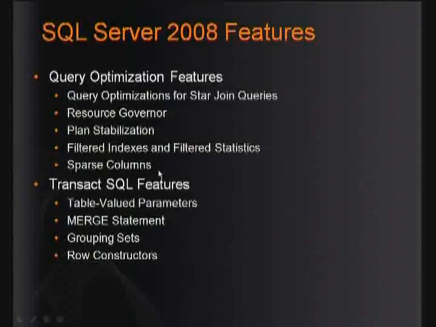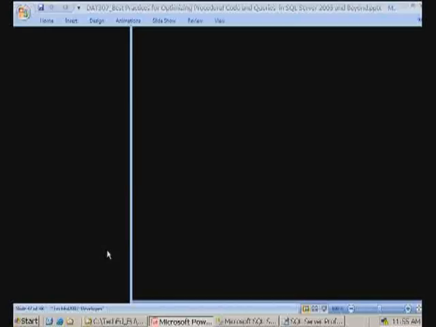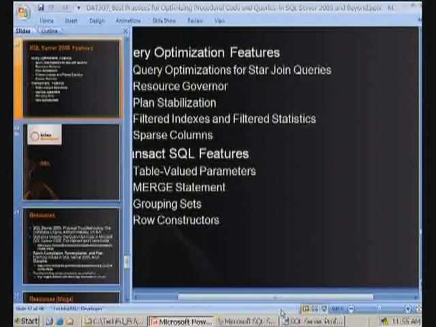Transact-SQL features: table valued parameters, merge statement, grouping sets, and row constructors. So as I'm moving over to show you these, I've got 5 minutes. You can tell I'm panicking for time here. While I move over to show you these, what I want to tell you is the hazard